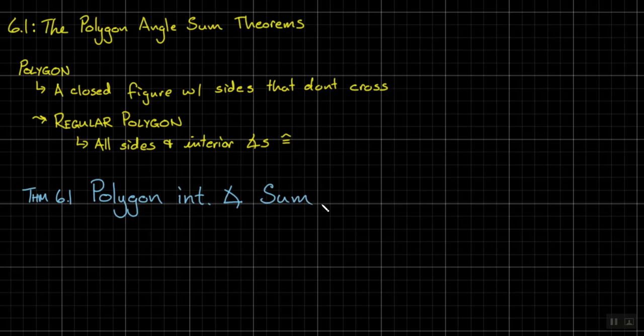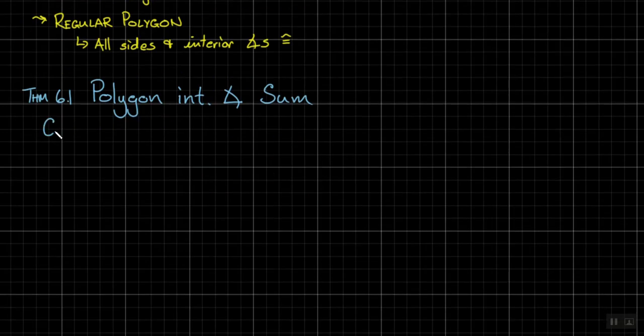Okay. We just found that there's a way to calculate how many triangles it takes to make a bigger figure. What do we know that all the interior angles of any triangle always add up to? 180 every time, right? So if I know that any n-gon can be made by n minus 2 triangles, and we know how many sides n something has, we can just plug it directly into that. So here we go. Given, and we're going to write our theorem, given a convex, which just means it does not cave in on itself, n-gon,